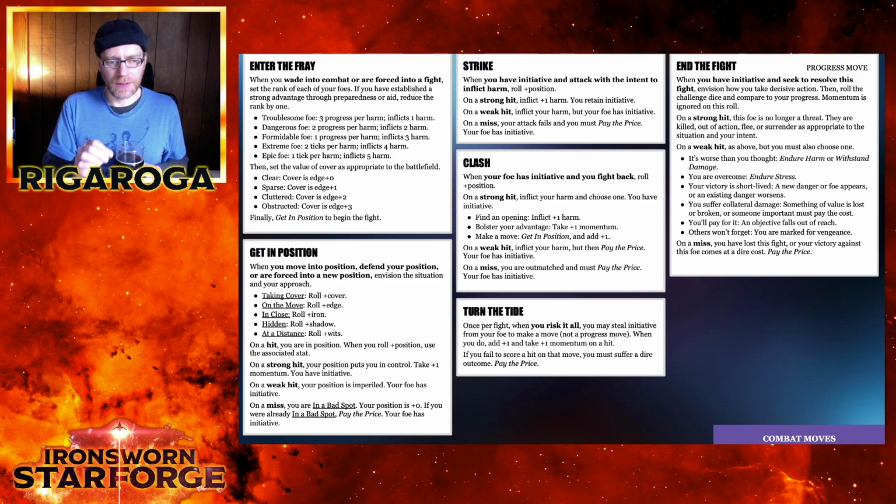It's interesting because it's somewhat ambiguous whether "your foe has initiative" applies to if you were already in a bad spot or not. But I think it applies to all of it. Because obviously on a weak hit, your foe has initiative, and then on a miss, your foe also would gain initiative. But the wording is a little bit...